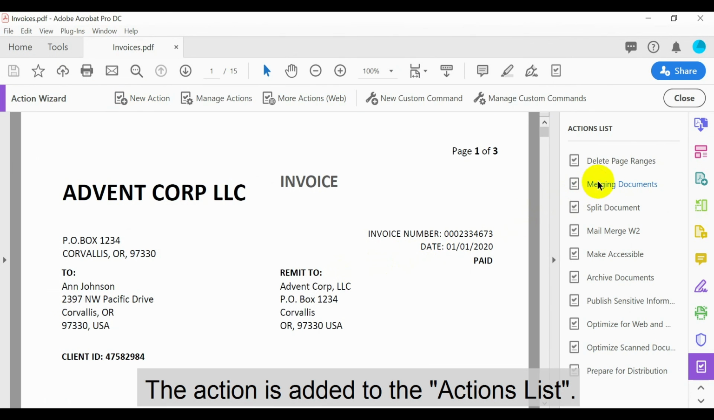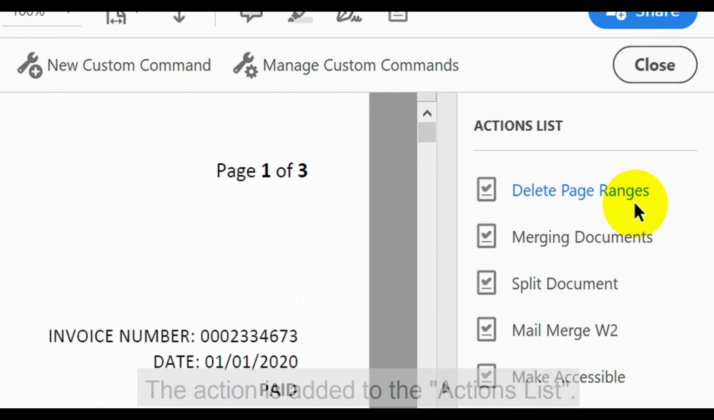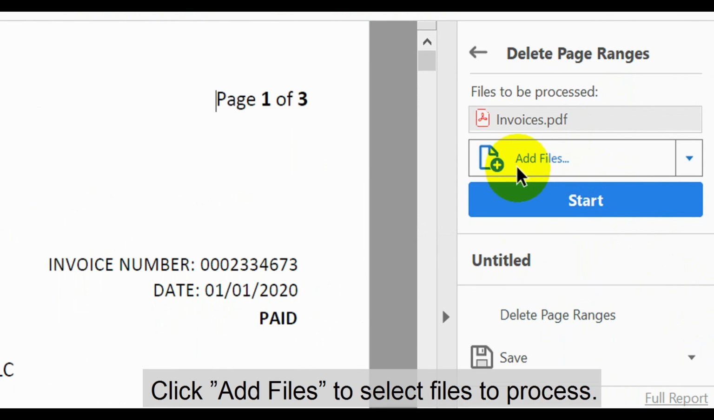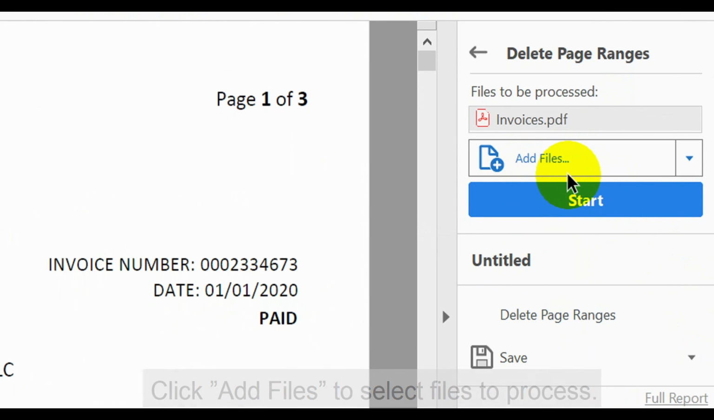The action will be added to the actions list on the right. Click on the action to execute it. Click Add Files to select additional files to process, and press Start to